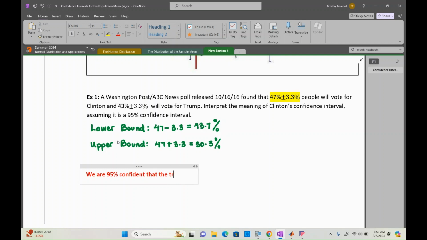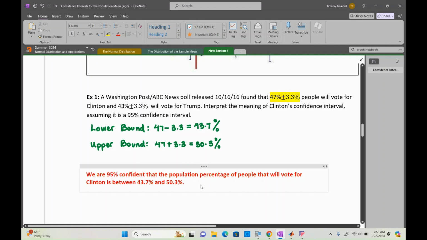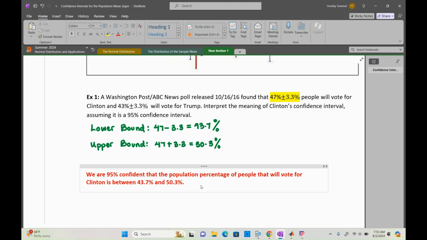the true, or actually let's go with, the population percentage of people that will vote for Clinton is between 43.7% and 50.3%. And as a reminder, what we mean by 95% confident is that 95% of confidence